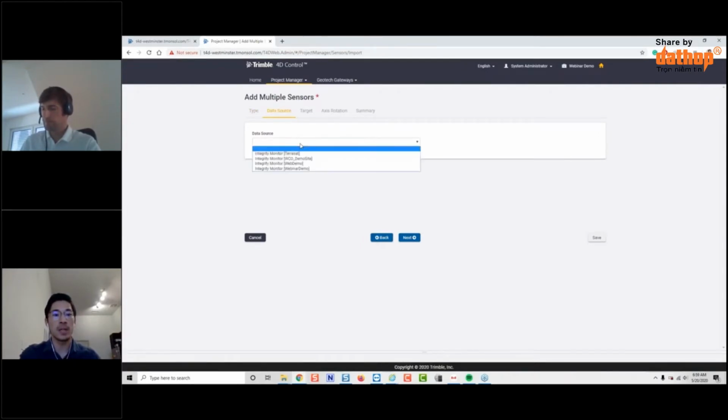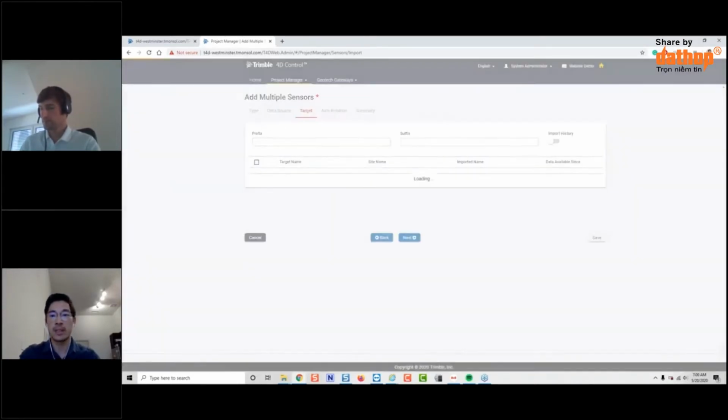Next, we'll go to the data source. And these are going to be all of the integrity monitors in our T4D server. And so you can see our T4D server has a few different ones set up. And the one I set up for this purpose is web demo. So now that I have the integrity monitor selected, I can go to target and tell it exactly which targets